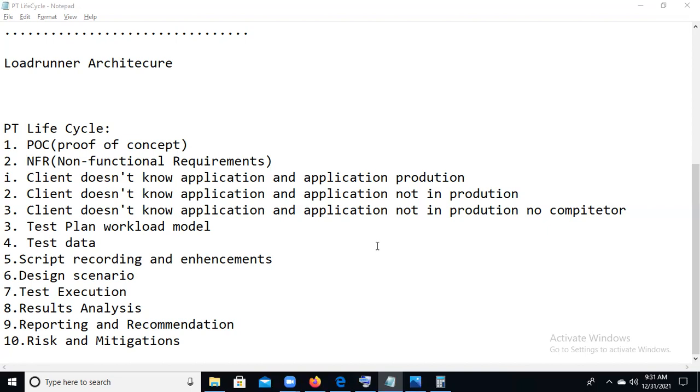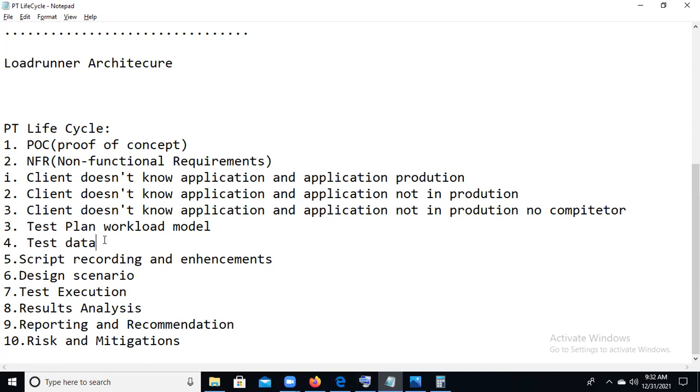We don't have any DB. Sriram, there is a chance that only one user's data is there, so can we use it for 100 users also? Yeah, you can use it, but that is not a realistic environment, right? For a realistic environment, everyone's username and password will be different. That's why we need different users. We can do it as a single user, but that is not a realistic environment.